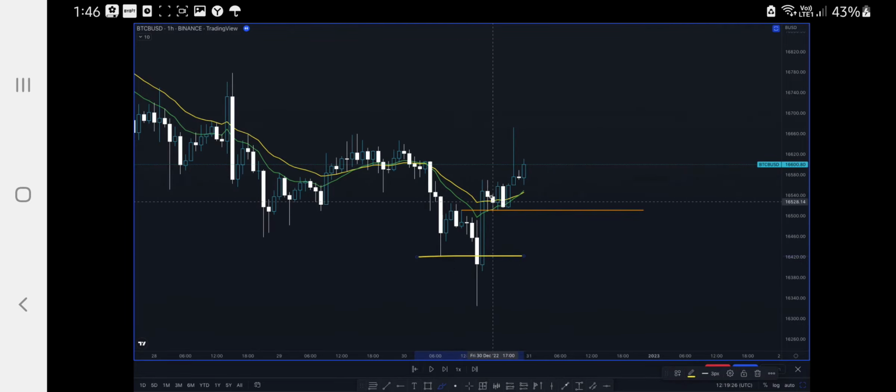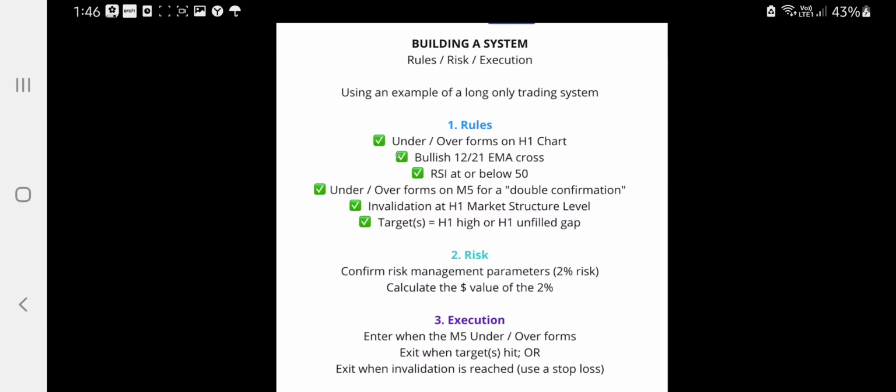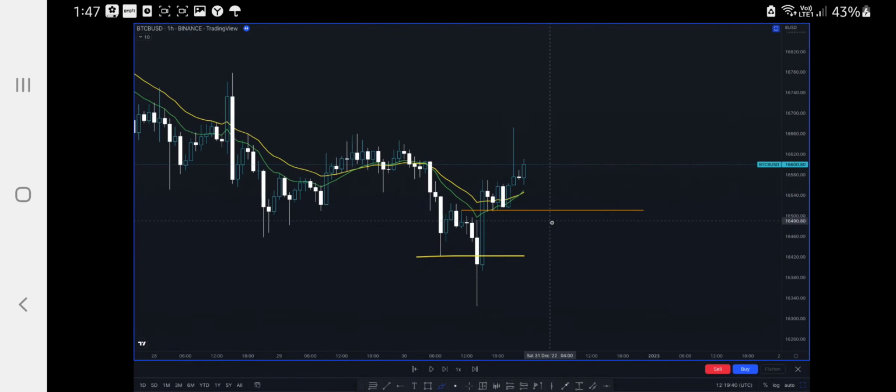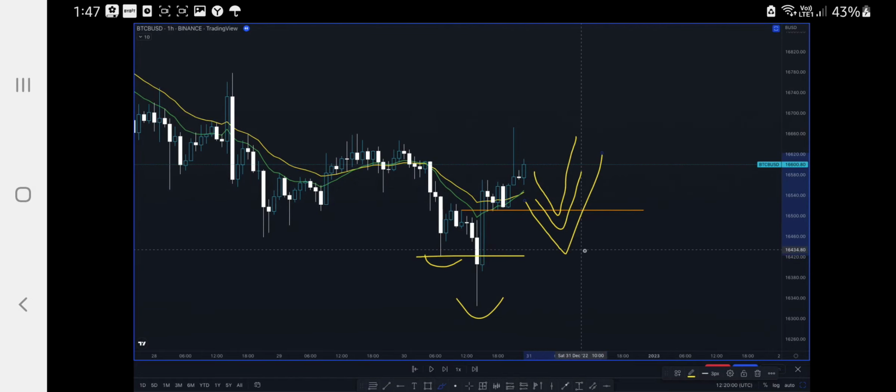Strong move, broke structure, see? Hourly candle close above the high that led to the breakdown. Okay, perfect. Under over forms on the 1 hour chart. It is forming, remember. The under over is low, sweep, and you enter on the retest, okay? It can be at this level, so you can enter right on that level, because anything from there technically is the retest. Most times it will come a bit lower, and often it will come all the way down to do a nice perfect retest, but that's not important.